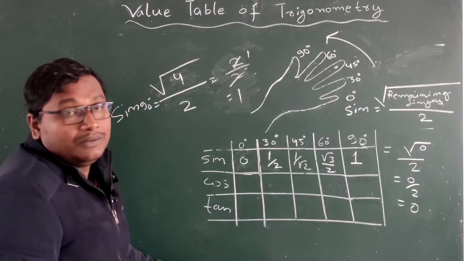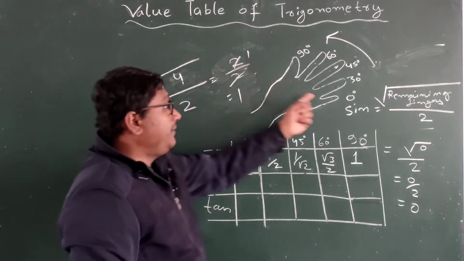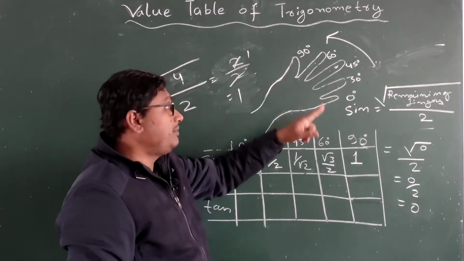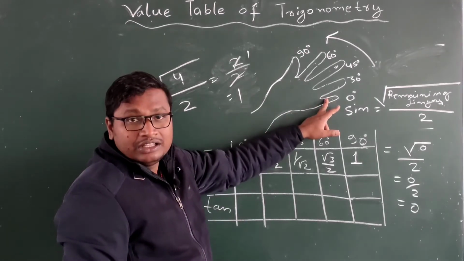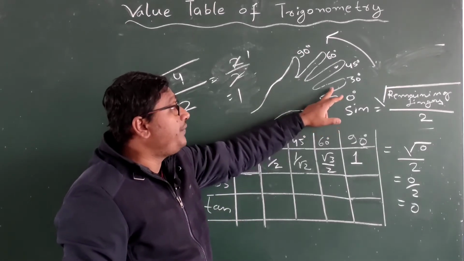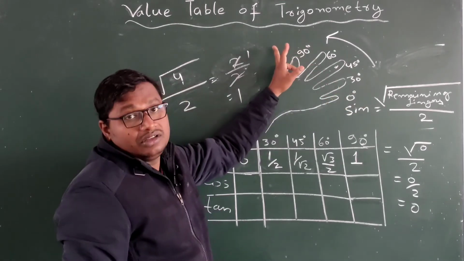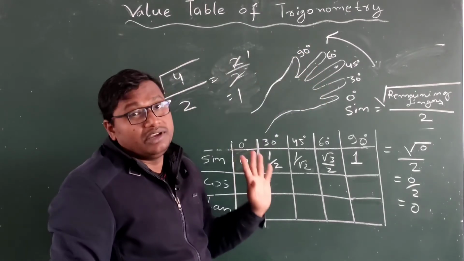Anti-clockwise means, what does it mean? It means this time we will get the fingers remaining above the given finger. Suppose we are getting the value of cos 0 degree. So 0 degree will be here. After 0 degree, how many fingers are left going in the anti-clockwise direction? In the anti-clockwise direction, these 1, 2, 3, 4 fingers will be left.